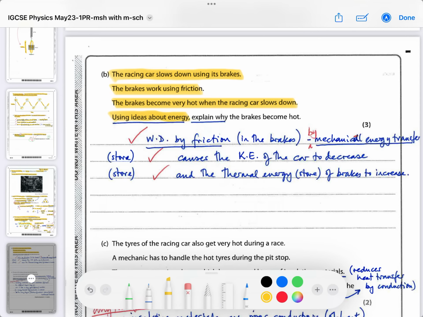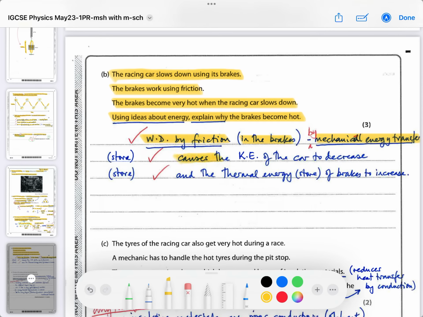Use ideas about energy, explain why the brakes become hot. Okay, well, work done by friction in the brakes is a kind of mechanical energy transfer. So the work done is transferring energy mechanically from the car's motion to the thermal energy store of the